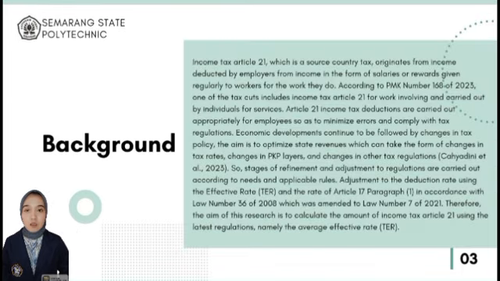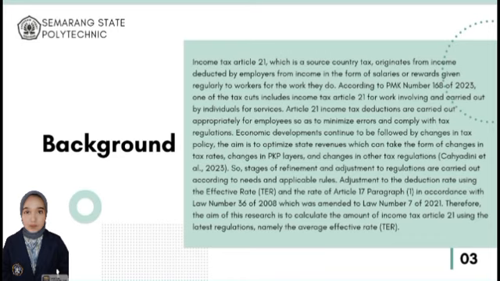Income Tax Article 21, which is a source country tax, originates from income deducted by employers from income in the form of salaries or rewards given regularly to workers for the work they do. According to PMK number 168 of 2023, one of the tax cuts includes Income Tax Article 21 for work involving and carried out by individuals. Article 21 income tax deductions are carried out appropriately for employees so as to minimize error and comply with tax